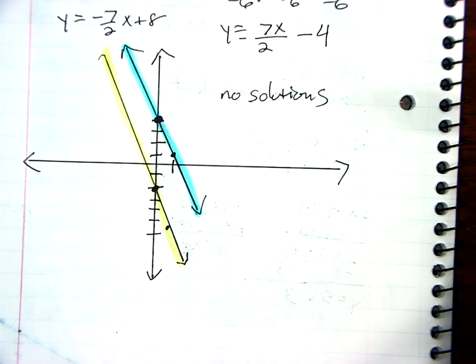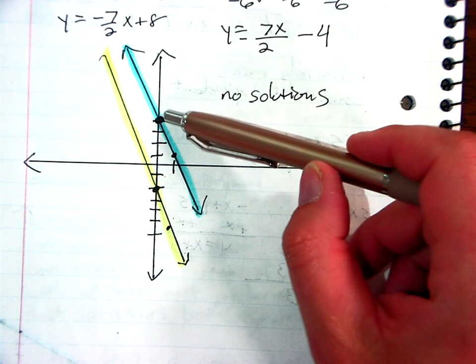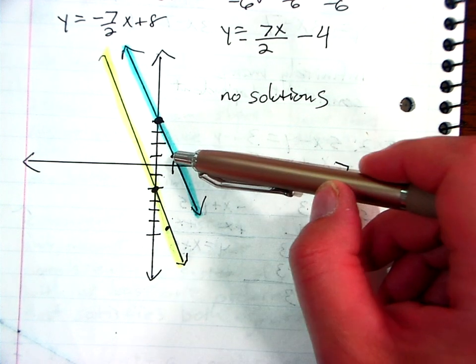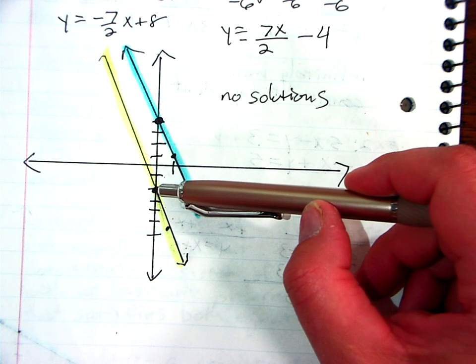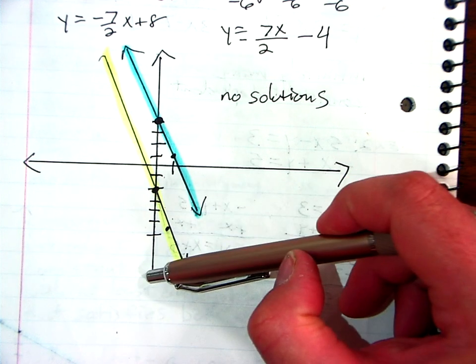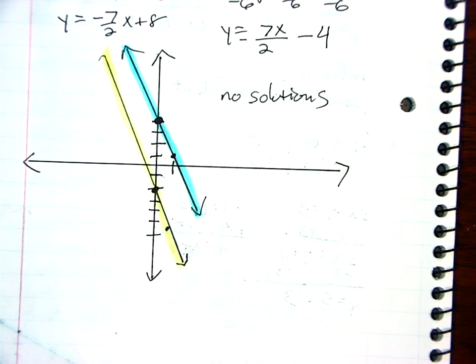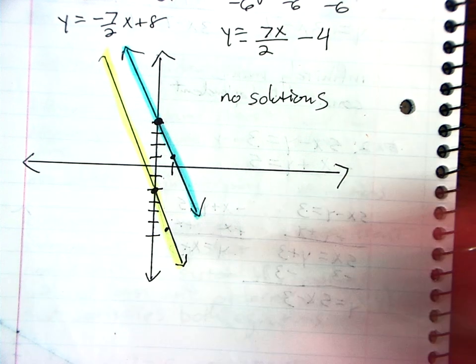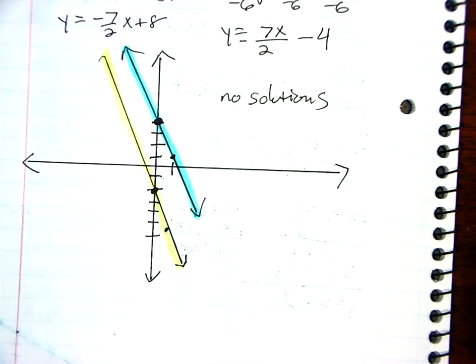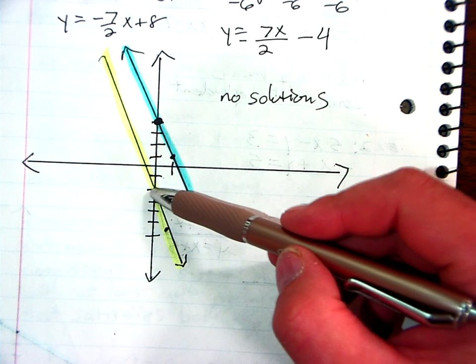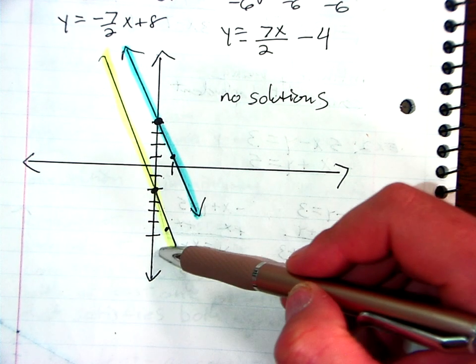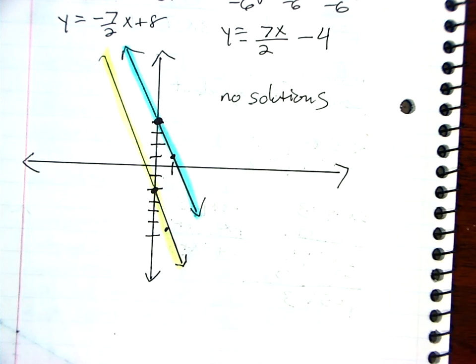I am confused. Why are you confused? What's confusing you? Why were you saying lines? Well, because on the first graph, we went up 8, right? Down 7 over 2. On the second graph, we went down 4. And then from the 4 below, I had to go down how far? Another 7 and over 2. So the 4 is my y-intercept, so negative 4. And then my slope, rise over run, in this case is negative, so my rise is actually down 7 to the right 2. All right, ladies and